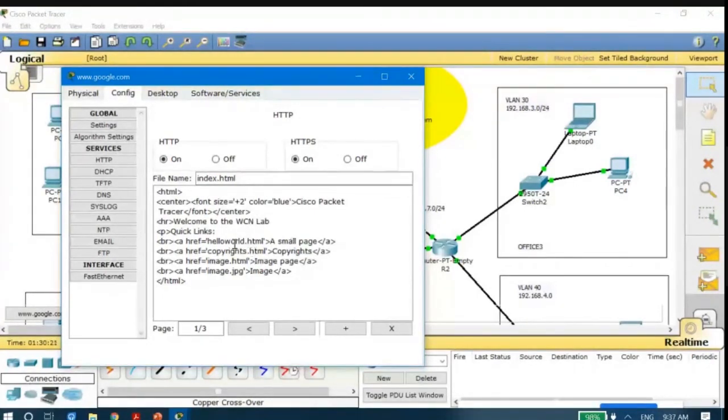And where Cisco Packet Tracer is written, I will type my name and roll number. Let me type it here, and let me close it.